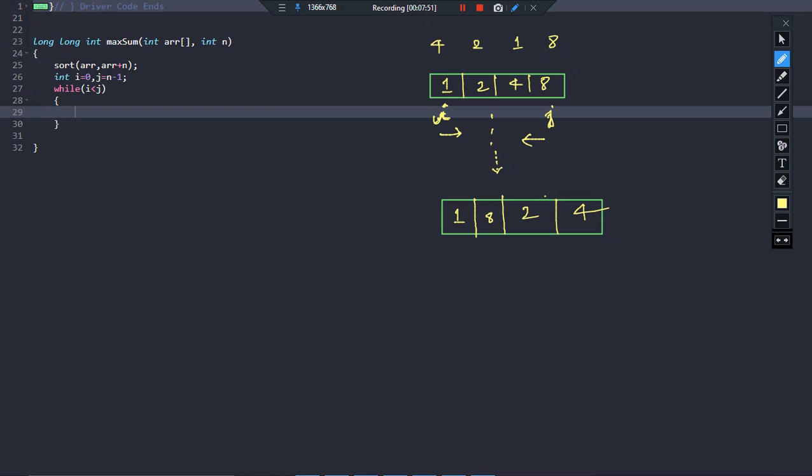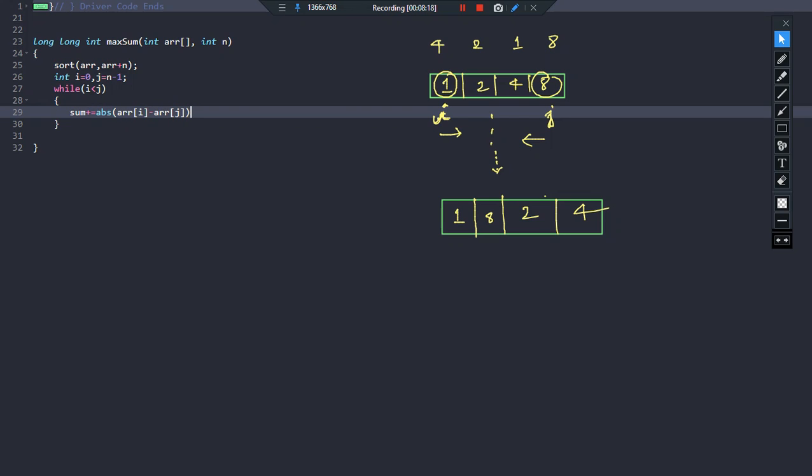The very first thing that I am going to do is calculate the absolute difference of the value of i and the value of j. So sum plus equal to array of i minus array of j, and since I need the absolute value, I'll use the function abs.